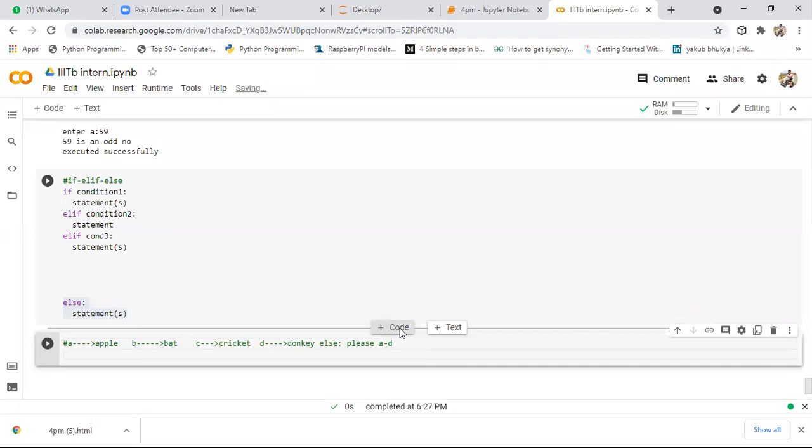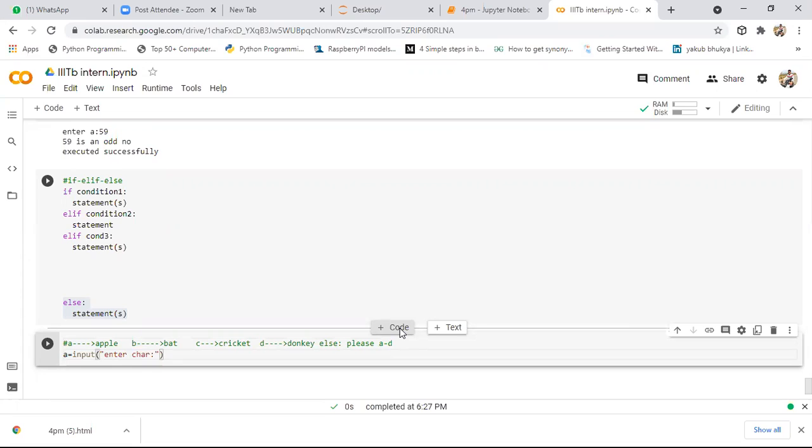For that, what we need to do is initially take user defined input, and that input should be a string. Enter character. See here, we are not having different data types like int, string and character in Python; both are the same in Python. So here I'm saying enter character.